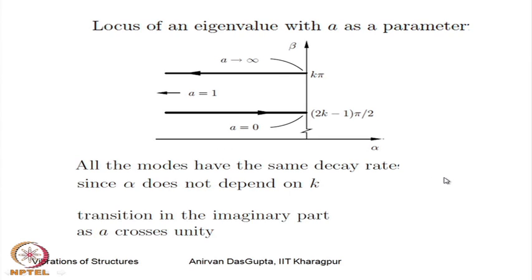As you can see, all modes have the same decay rate, as alpha does not depend on k. And there is a jump from this value to this value as A crosses 1. So, we have considered one case of a bar with boundary damping. Let us look at another example, of a string